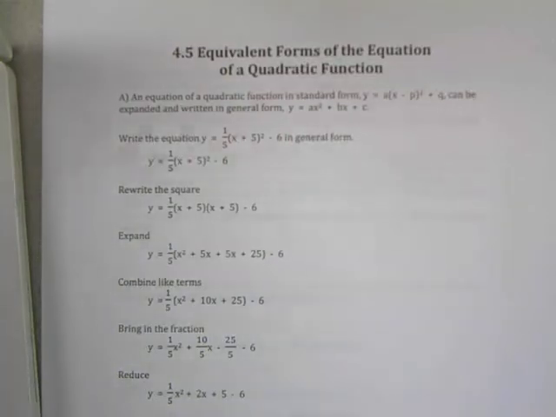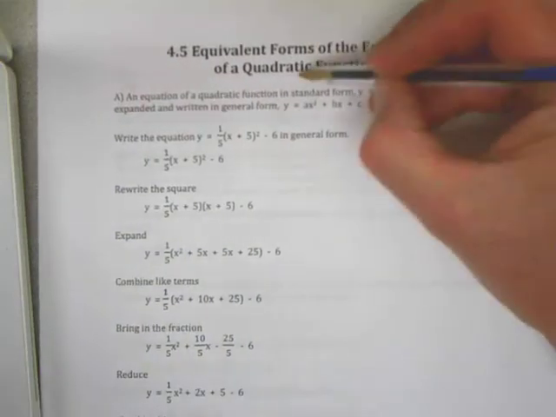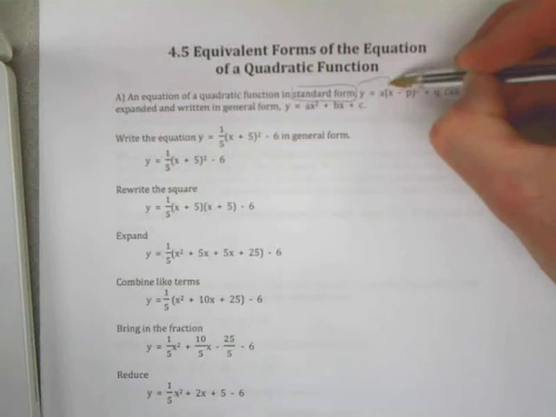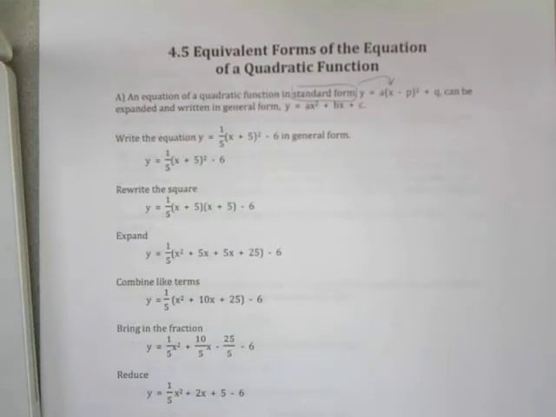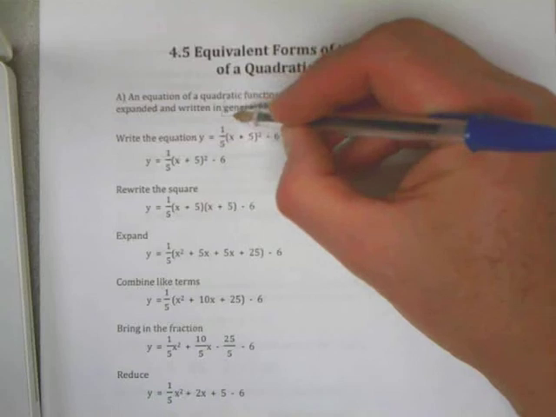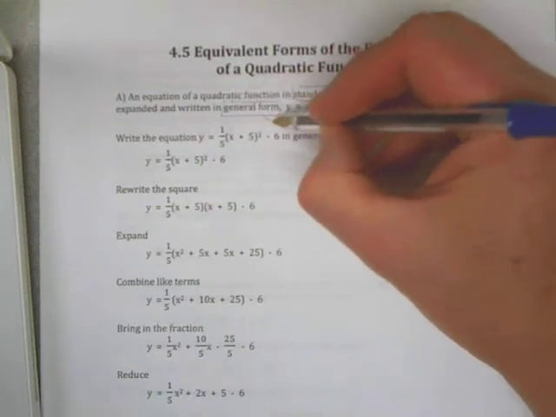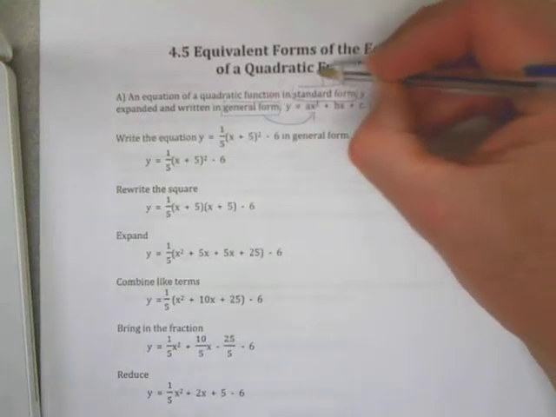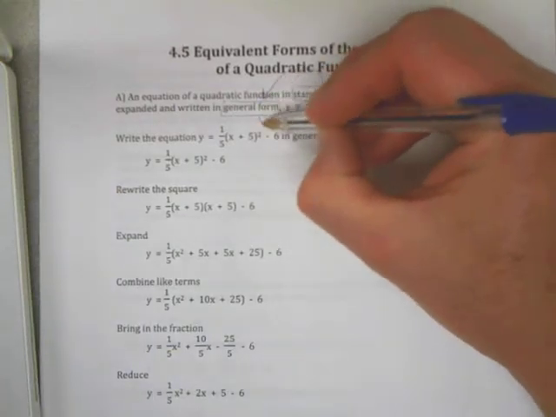Today we're looking at 4.5, equivalent forms of the equation of a quadratic function. There are two types of equations so far that we're going to look at. One is standard form, which looks like this: y equals a(x minus p) squared plus q. And general form looks like this: y equals ax squared plus bx plus c. So we're going to learn how to go from standard to general form,